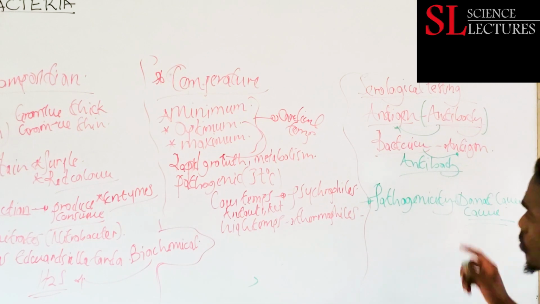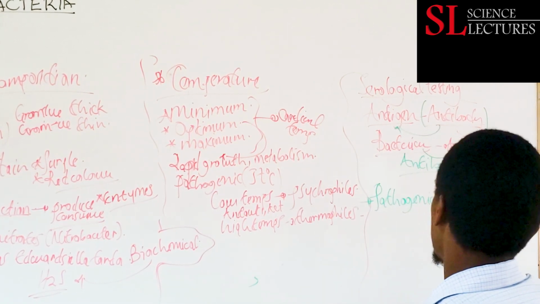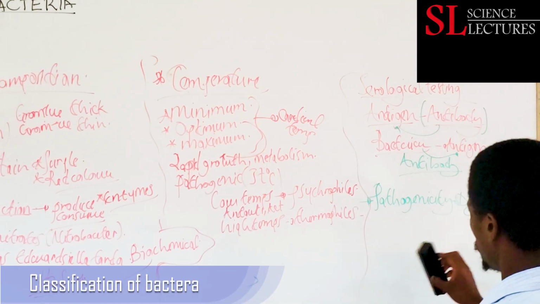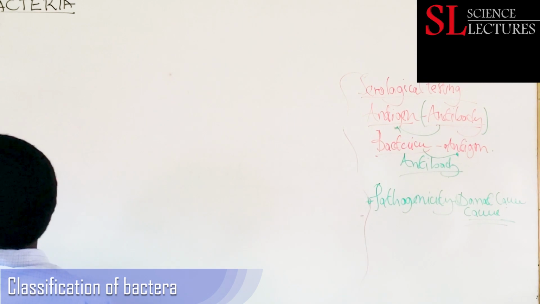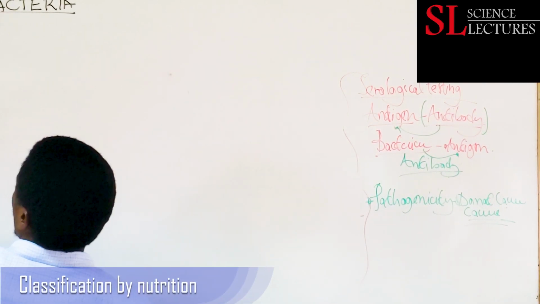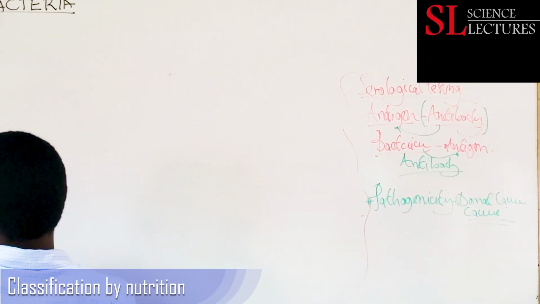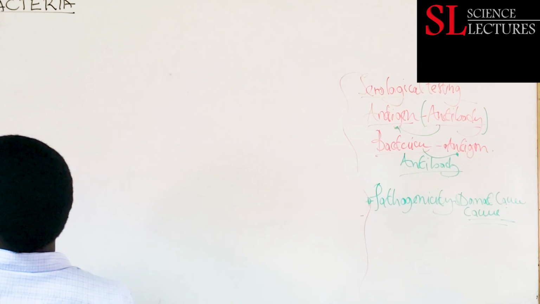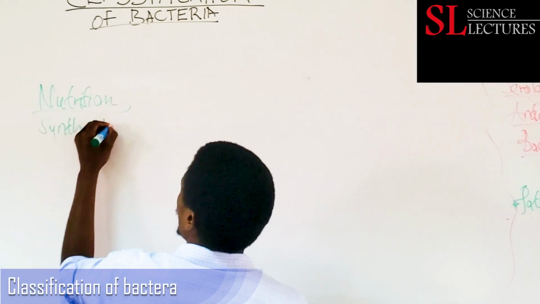So we can classify also basing on pathogenicity. Then we can also classify basing on nutrition. And in nutrition, we know that some bacteria have the capacity to synthesize their own food,